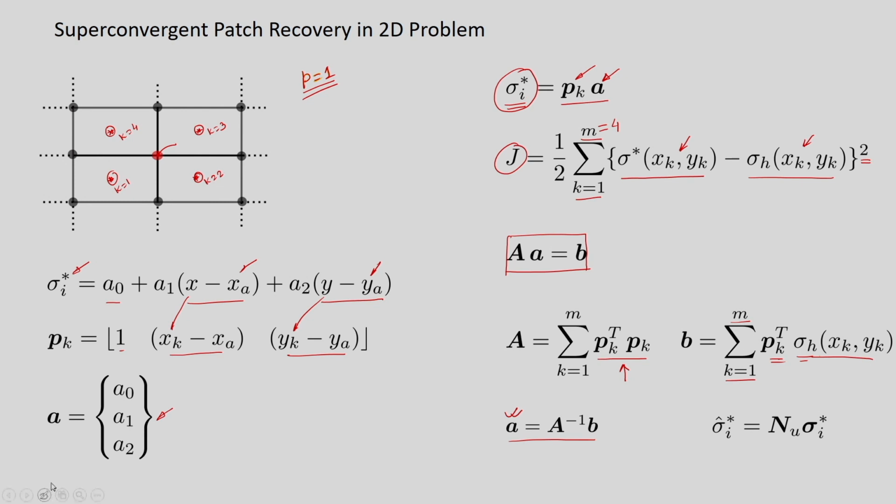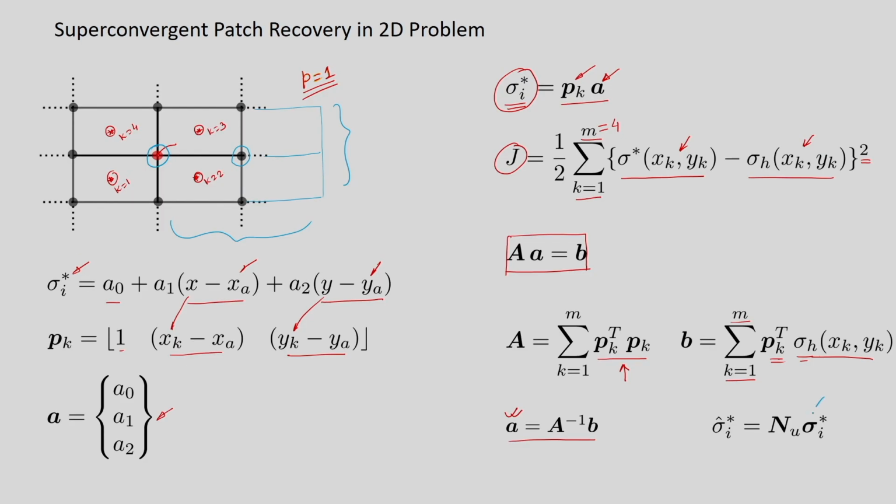Once we get the recovered stress, we will find out the nodal recovered stress, which in this case is for this particular internal node. In this case, we have only one internal node. So, only for the internal node we will calculate the nodal recovered stress. Now, likewise, we will extend this patch to the other portion of the domain, and we will consider the next patch and calculate the nodal stress value for that node. So, similarly, we will take different patches and calculate the nodal stresses of each of the nodes.